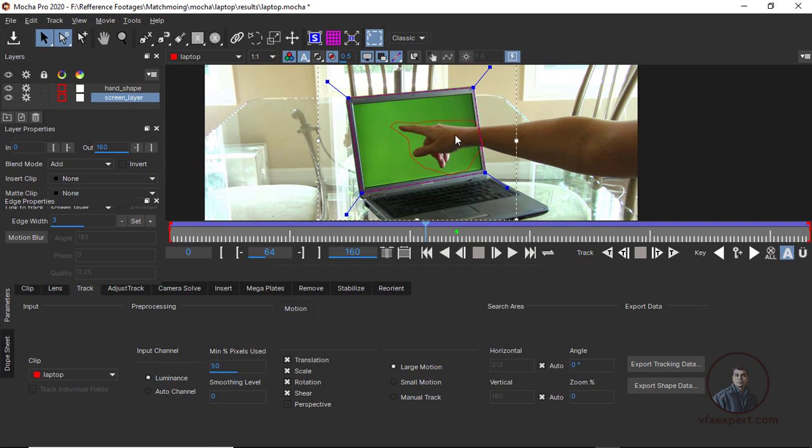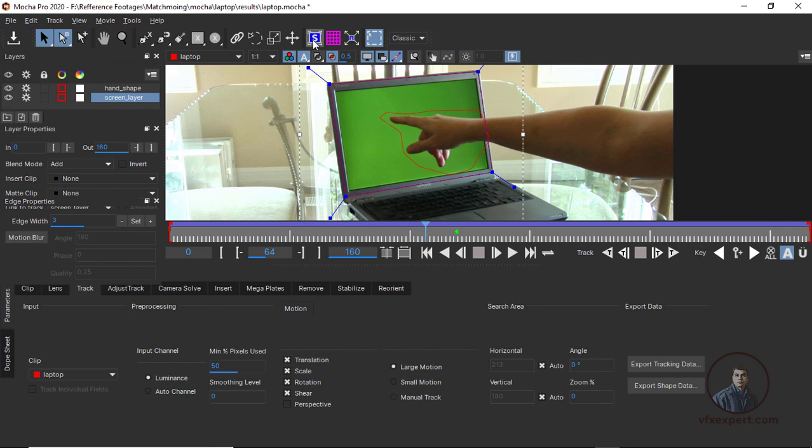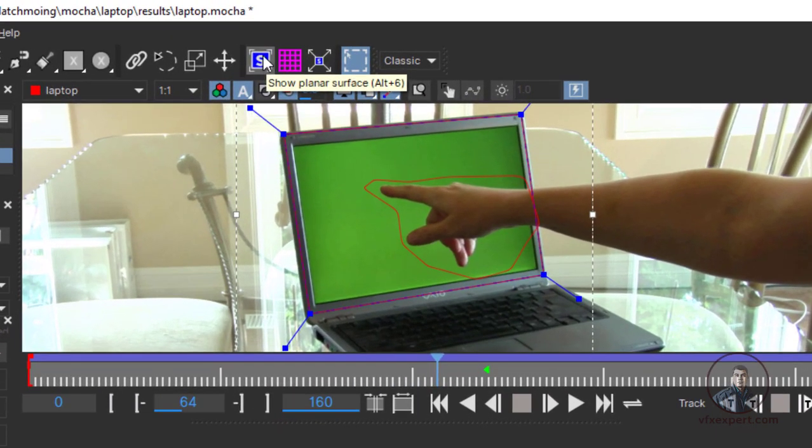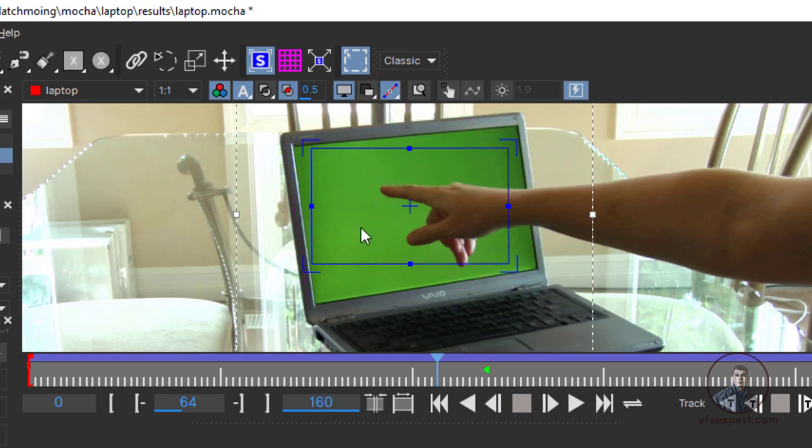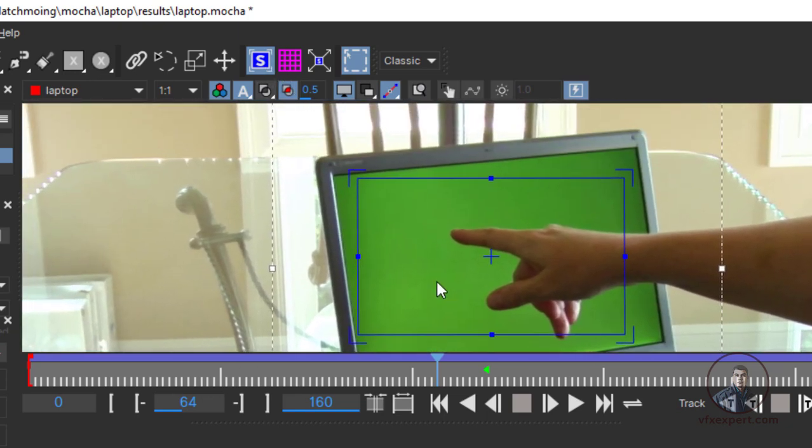For this, just click on surface, planar surface. Now click and adjust according to your screens, or where you want to place your object. This surface you have to adjust according to your screen's placement. First I am going to hide this outline. For this, just click on this option. After this you can easily adjust your surface area, hold Z, zoom and adjust point to point.